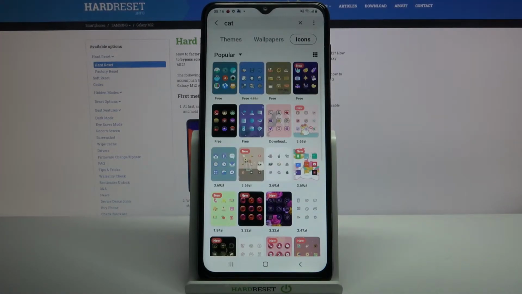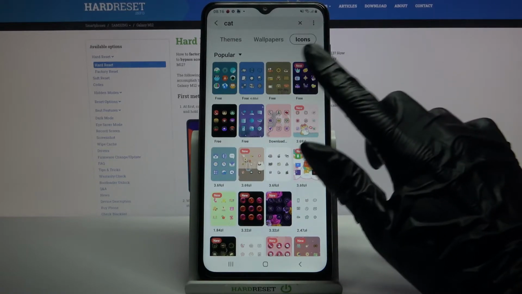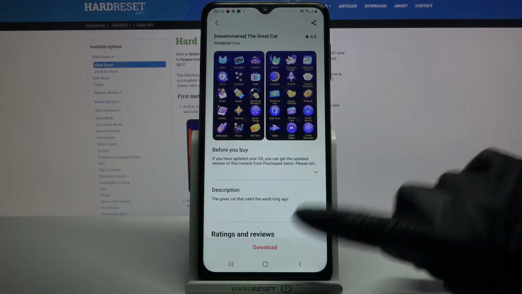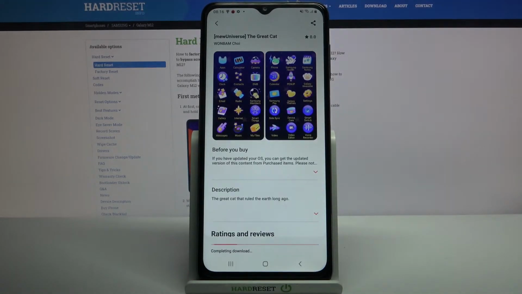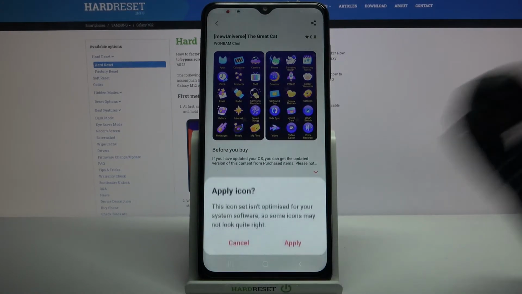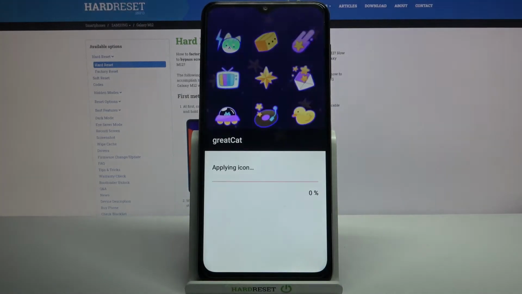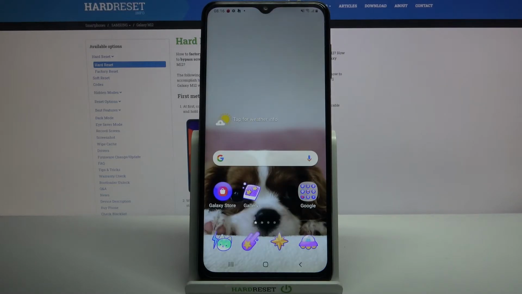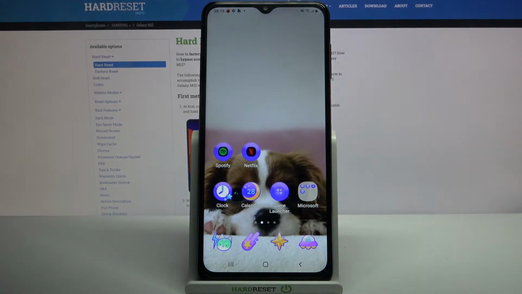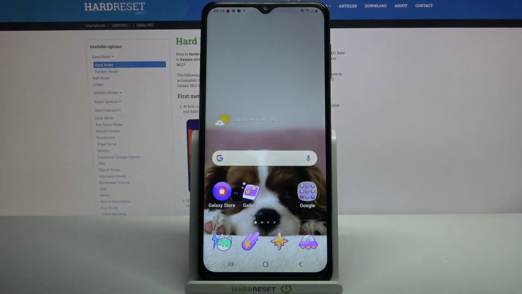Now pick icons that you like the best, for example these ones, and choose download. Then click apply. Now apply again. As you can see, style of my icons has changed, but if you want to go back into the default